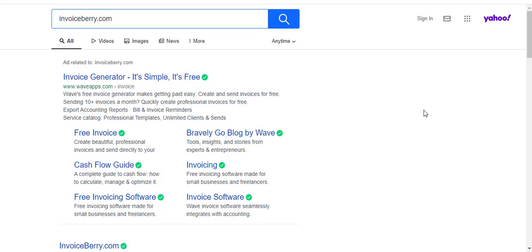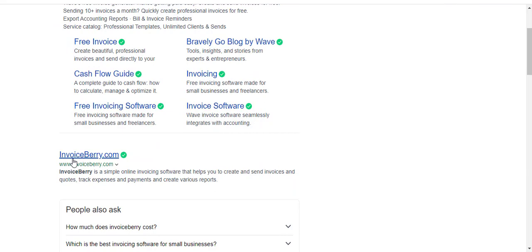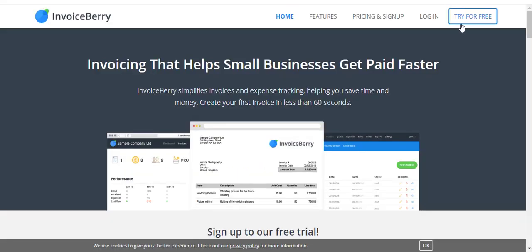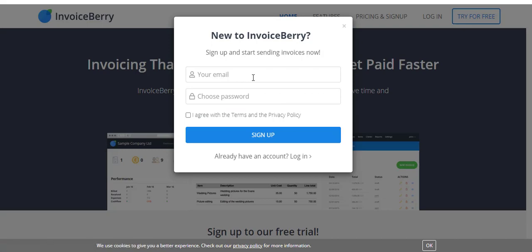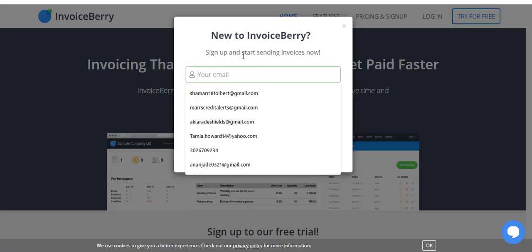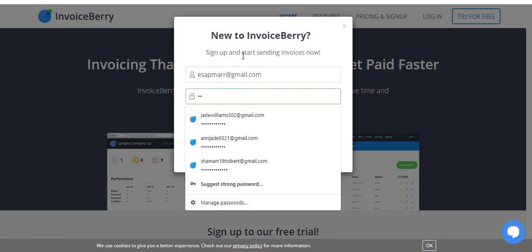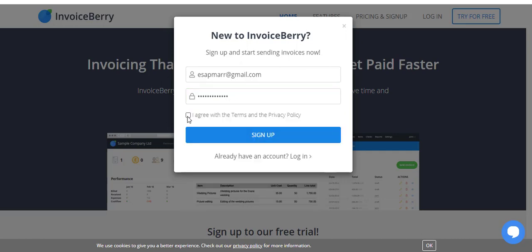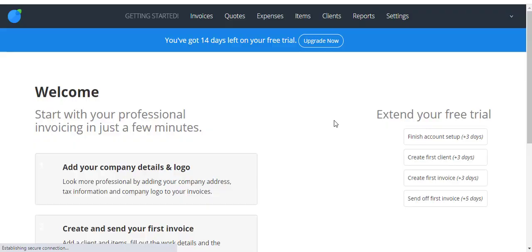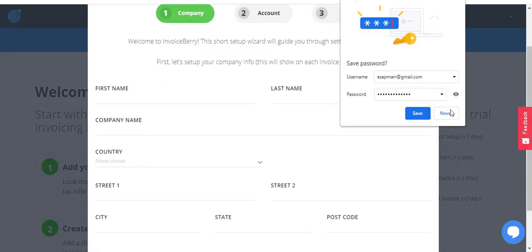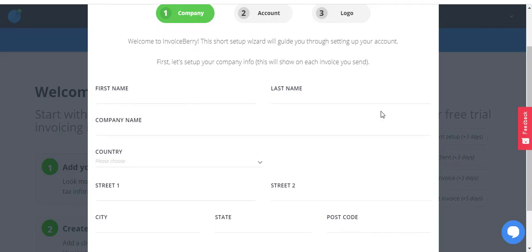Okay. So what you're going to want to do is go to invoiceberry.com, right? It's a free site to do. Okay, all you got to do is put apply for free, and then you're going to put an email. Then agree, sign up. That's simple, right? So here you're actually going to go ahead and you're going to put your company name and